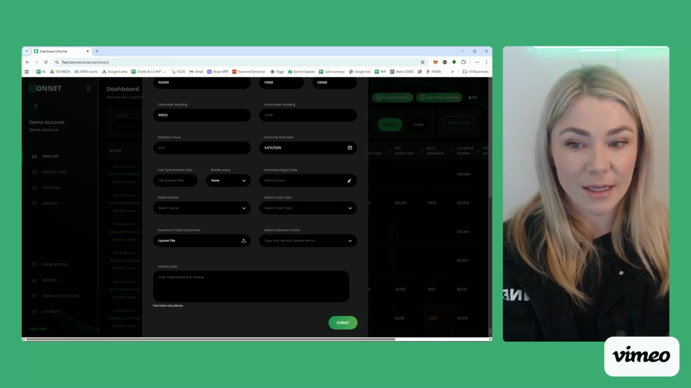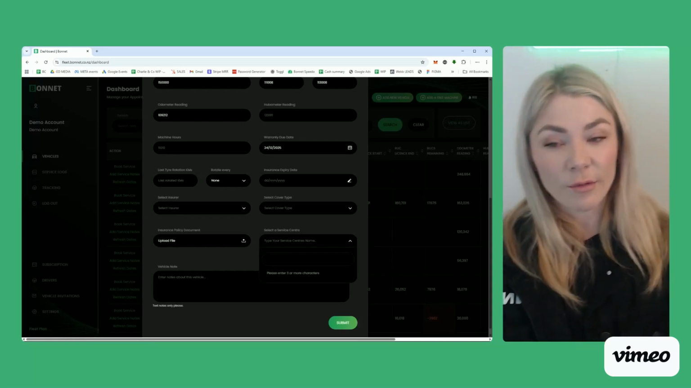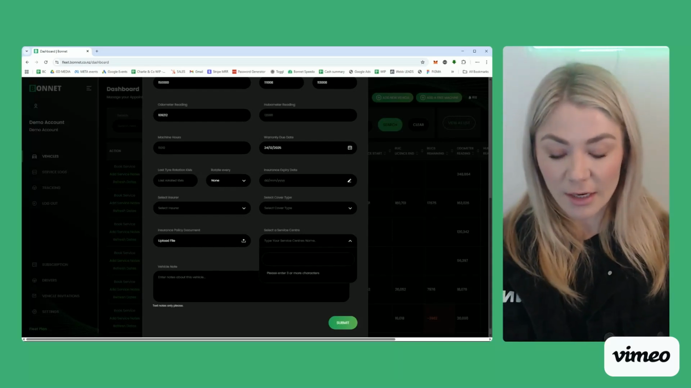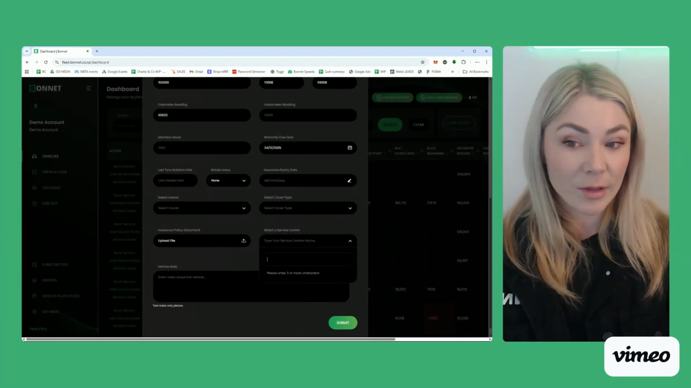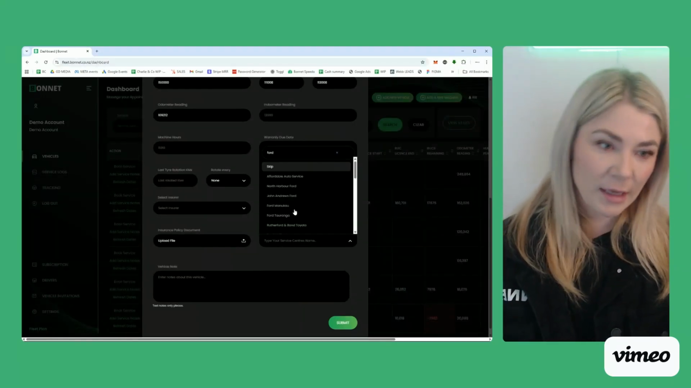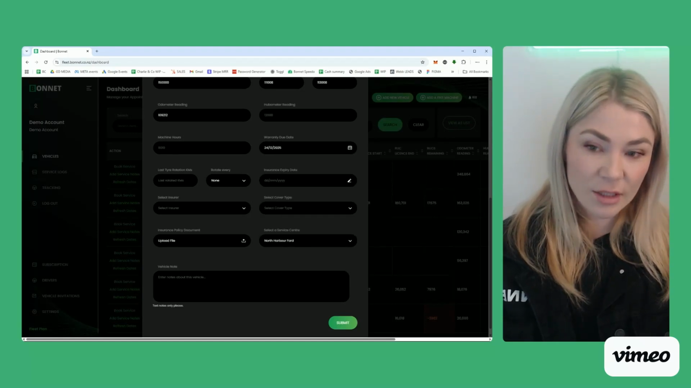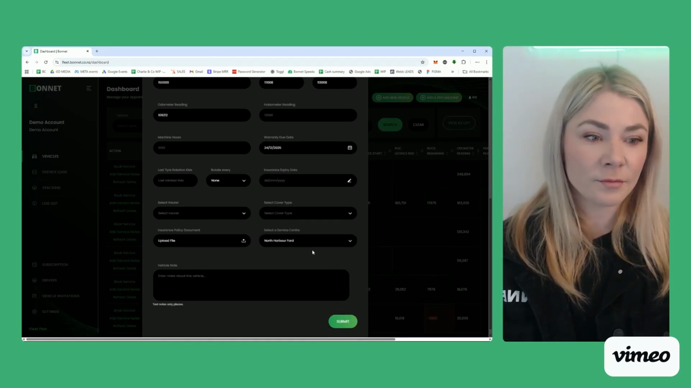Now the service centre linking is very cool. We've got a third of service centres in New Zealand on Bonnet. If you don't find yours on here, you can just submit it via the website and we add it within 48 hours. If I go and search for a service agent and add this vehicle, it's going to do one